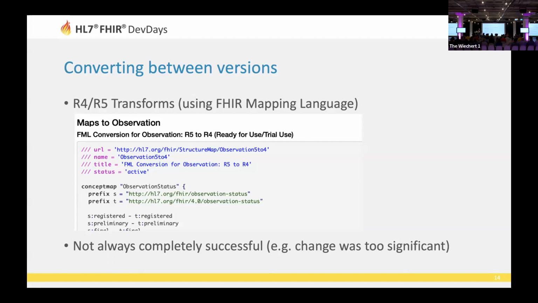They're not always completely successful. You'll see in them that Vadim and Vasil, and I can't remember off the top of my head who else, sometimes would look at a change between release 4 and release 5 and go, it's too big. We don't know how to do this. We're not going to try. We're just going to comment this line out. So it's not entirely successful.